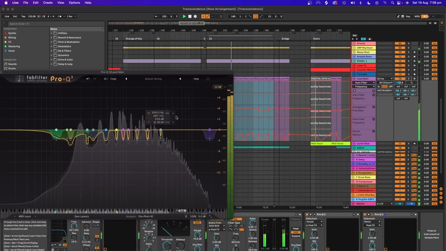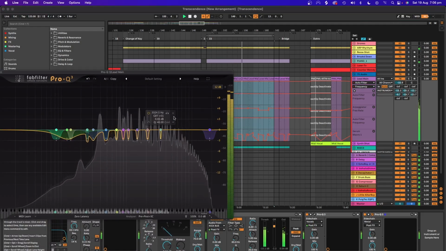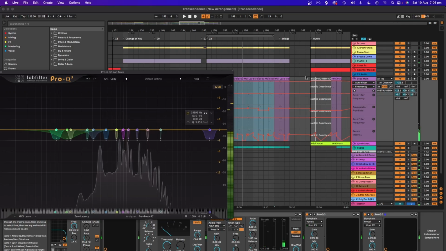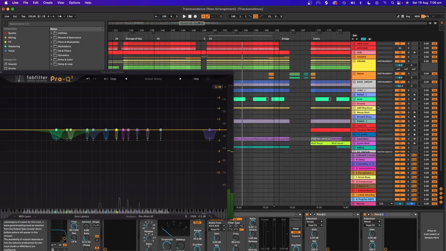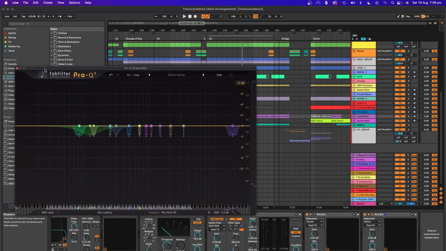The space between my body and my mind, where I just observe. As you can see, there's a lot of really high peaks that are coming through. So I just found that it was competing quite a bit in that mid-range. It was sounding really muddy. So by doing that, I'm actually carving some space in the sound.